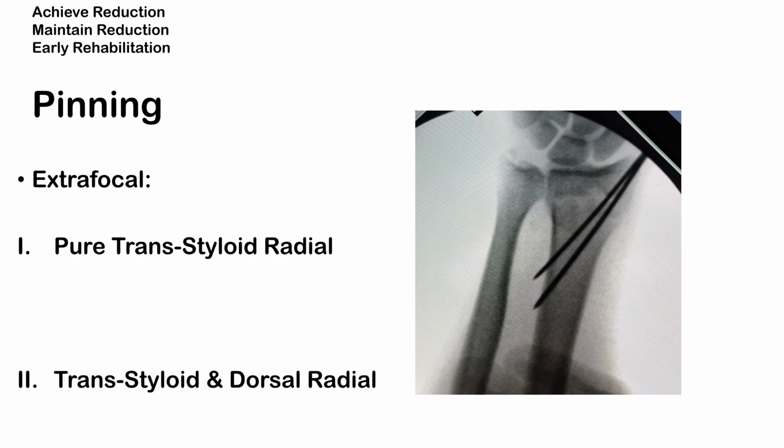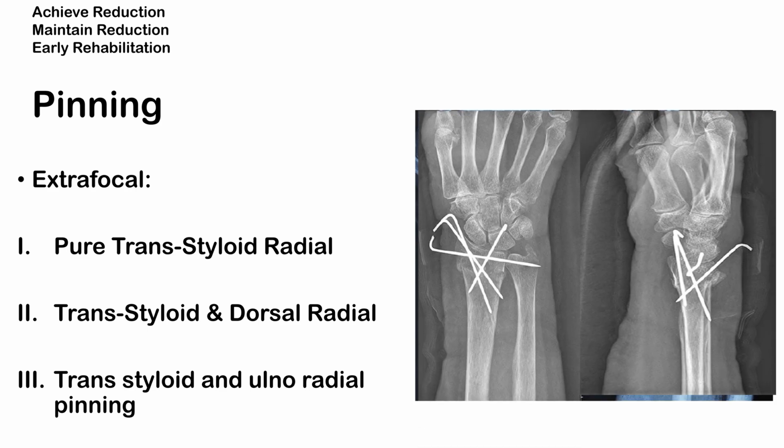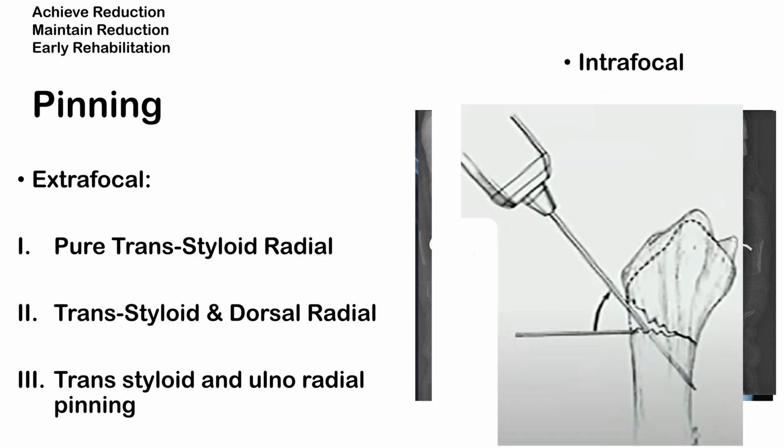Now there are a lot of ways by which we can do the K-wire fixation or pinning. We have the extrafocal, that will be a pure transstyloid radial. Then we have the transstyloid and the dorsal radial, and we have the transstyloid and the ulnoradial pinning. These are the three forms of pinning that we know. Then we have the intrafocal pinning that was made famous